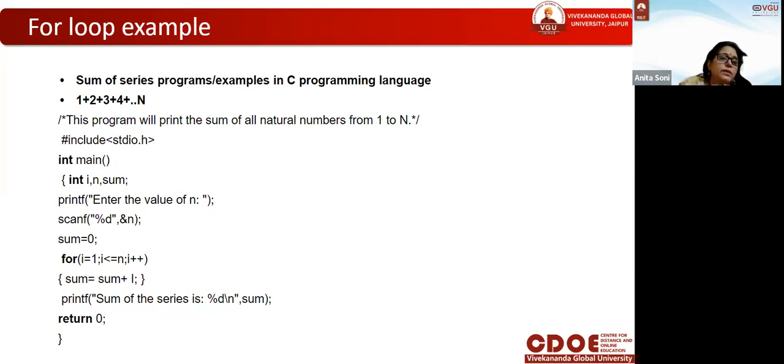So in the for loop, start from 1, test until i is less than or equal to n, i plus plus, sum equals sum plus i. Here sum is 0, i is 1, so 0 plus 1 is 1. Then the loop will be updated, meaning i plus plus, i becomes 2, and 2 is less than